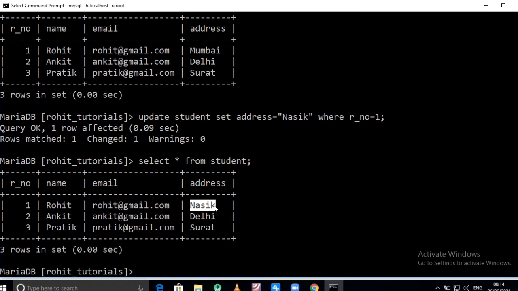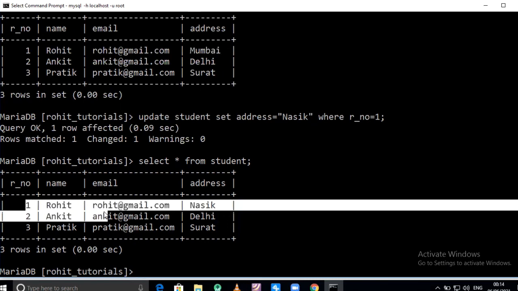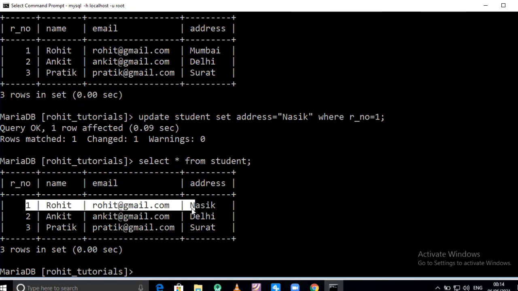Now we will see the delete command, truncate command and drop command. Actually delete is useful for removing a tuple from the table one by one.